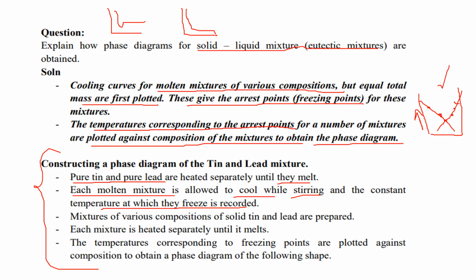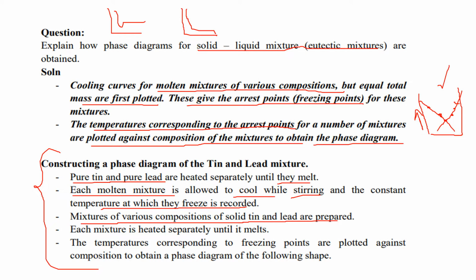But we are going to be varying the compositions of each component in the mixture, like using 25% tin and 75% lead, or 40% tin and 60% lead. But we must make sure that we use equal total mass in each and every experiment so that we can get comparable results. So the mixtures of various compositions of solid tin and lead are prepared,